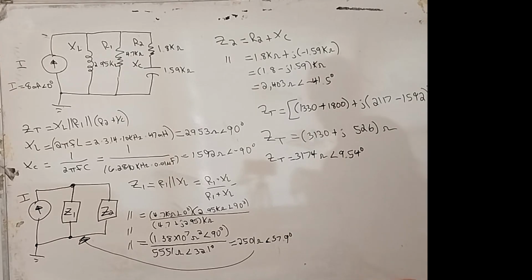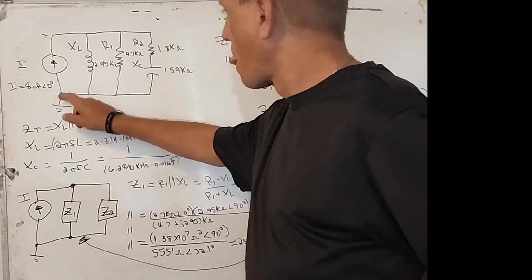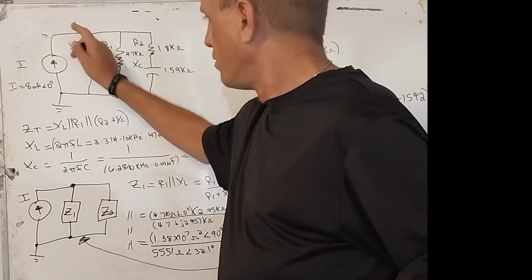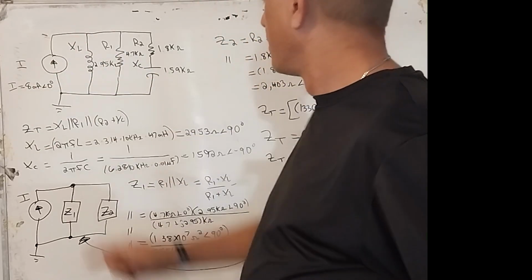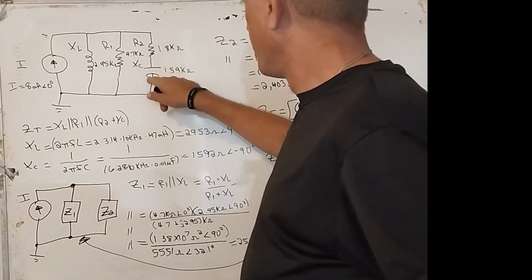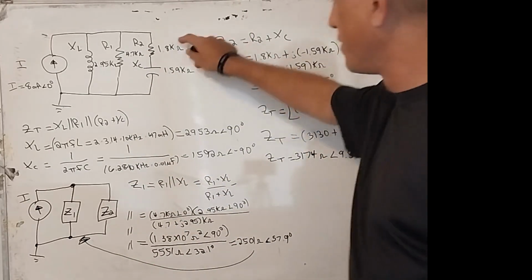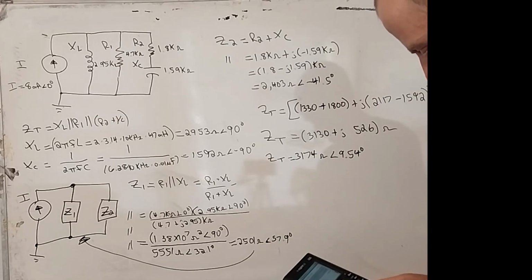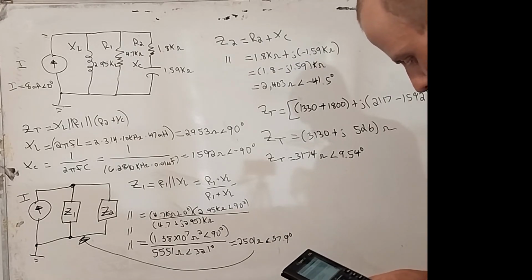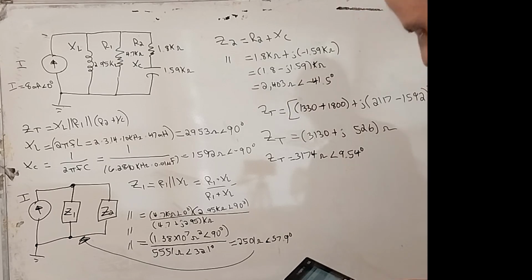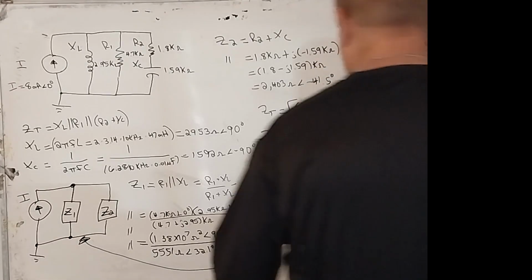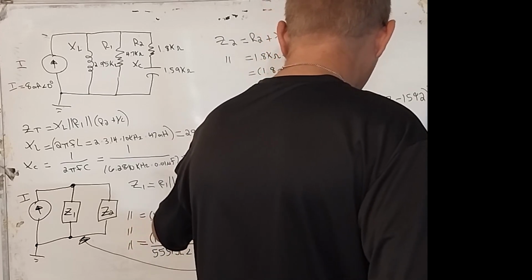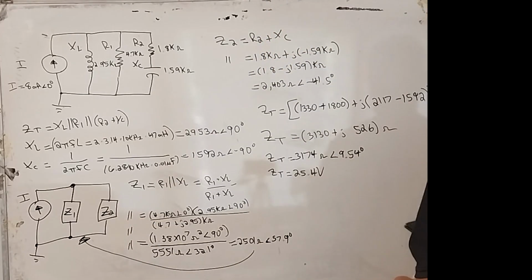All right, so V is going to be the same for X of L, for VS, but it'll be different for X of C because we have a voltage divider between R2 and X of C. So 8 milliamps, 25.4 degrees. So Z sub T, we have, I'm sorry,